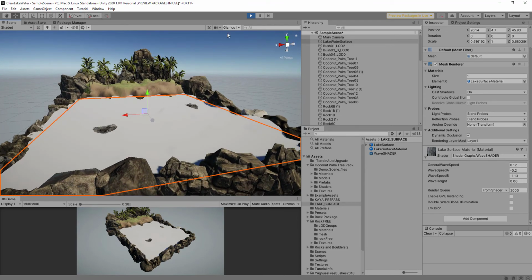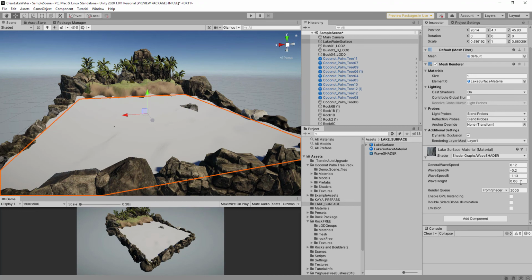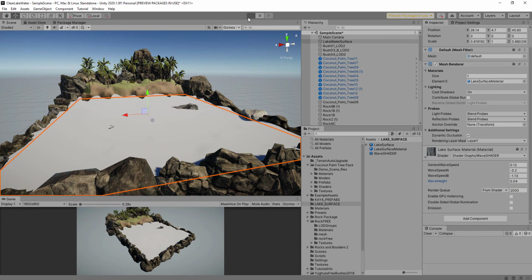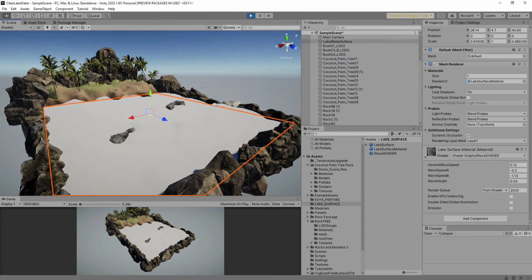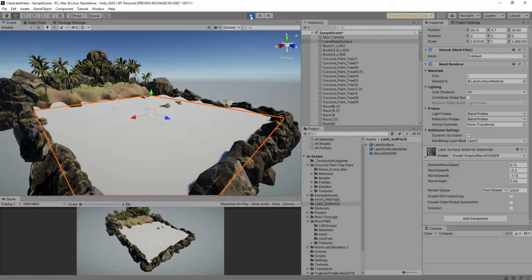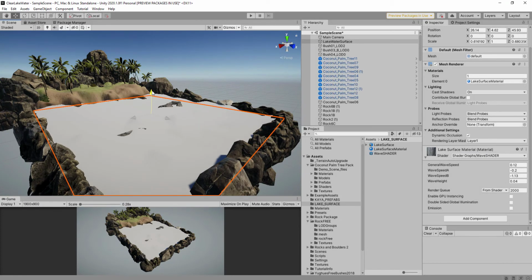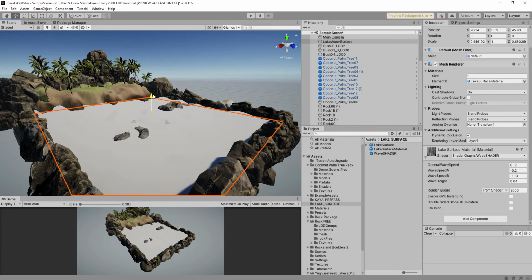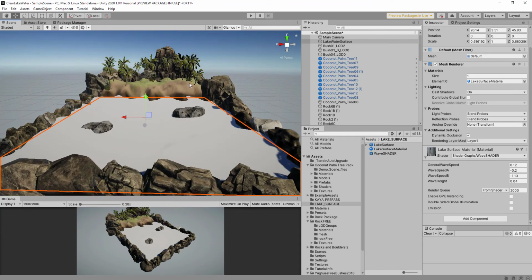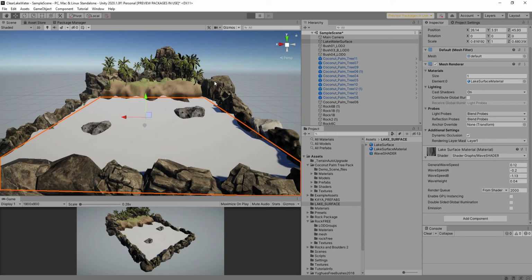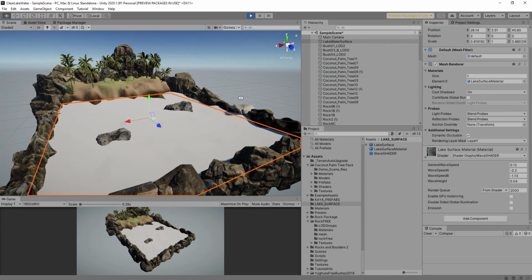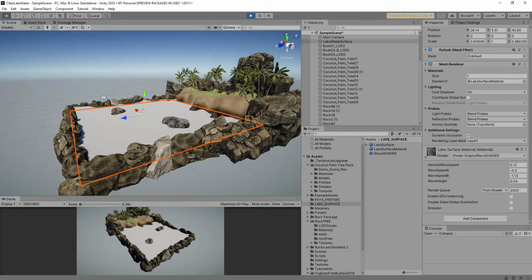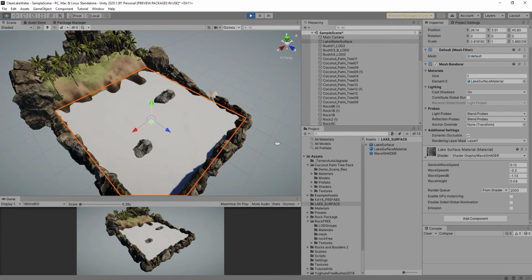Yes, but wave height maybe 4. Yes, it's good, and we can, yes, again control. Yes, it's good lake surface, as you see,